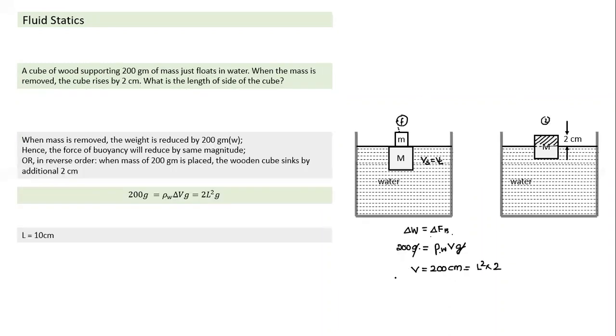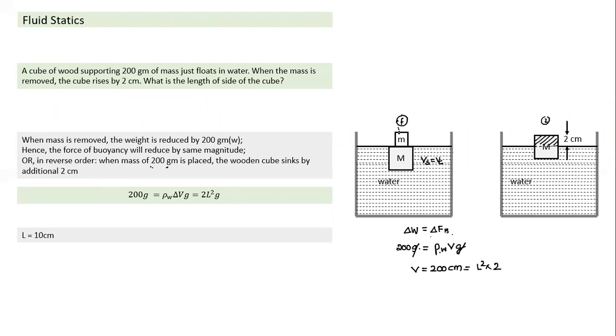Yes, Ignesh. So can you explain the first method once more, sir? The first method is the reverse of the same case. What has happened here? When we reduce the mass, the volume displaced also gets reduced. By how much? The weight is reduced by 200 grams, and when we are talking of water, the volume of water displaced is also reduced by how much? 200 cc. This question could have been solved without putting pen to paper.